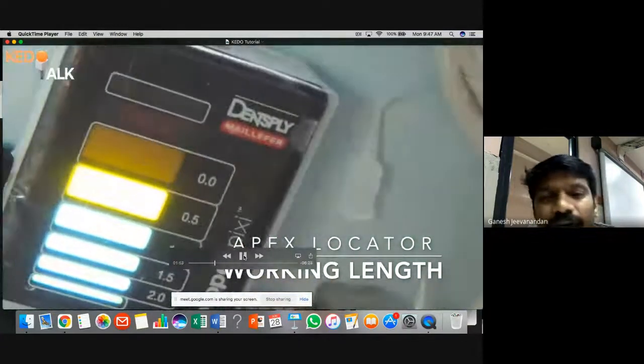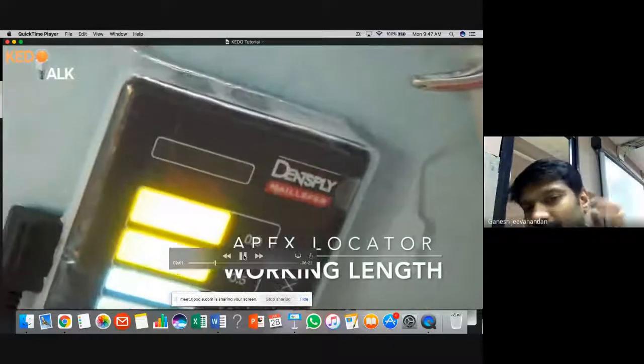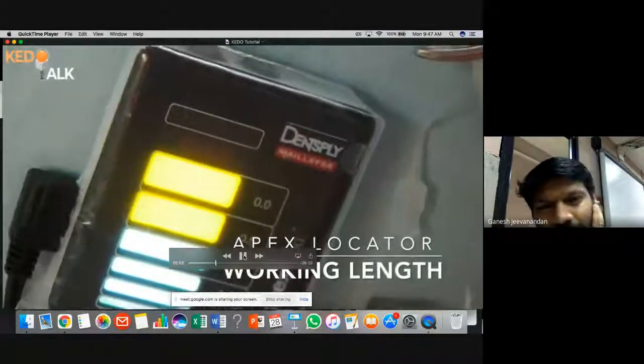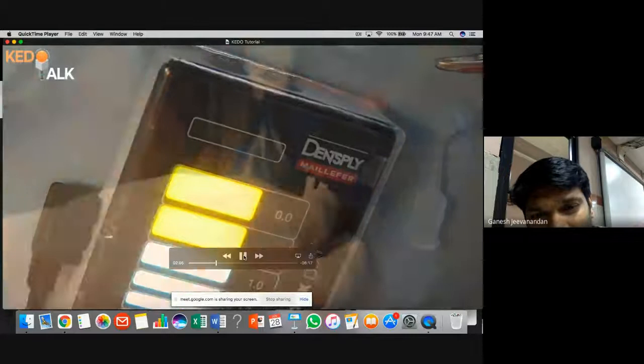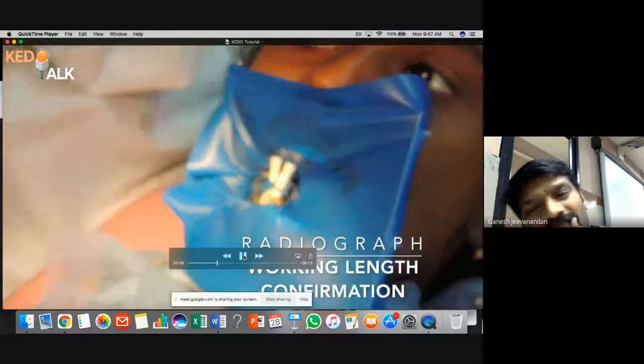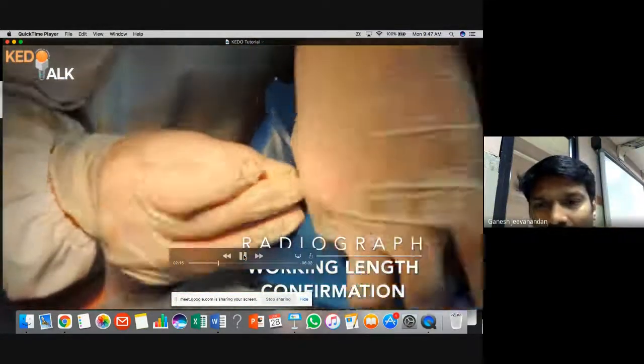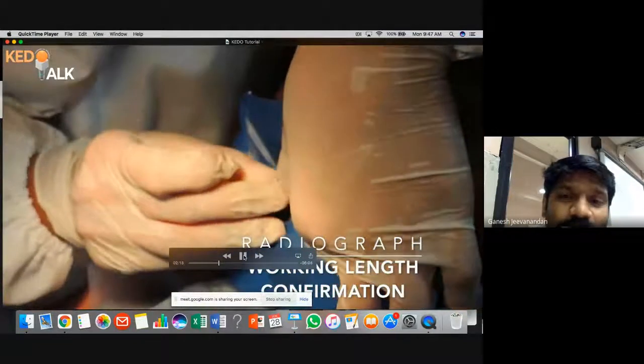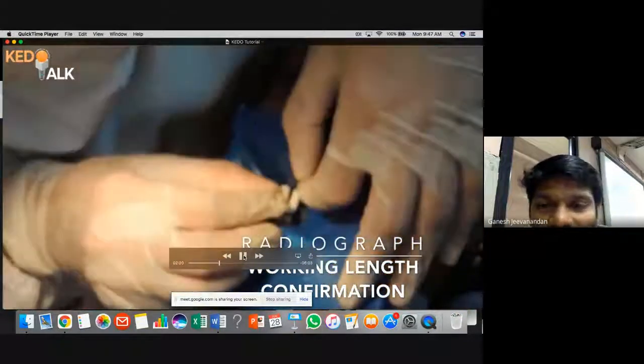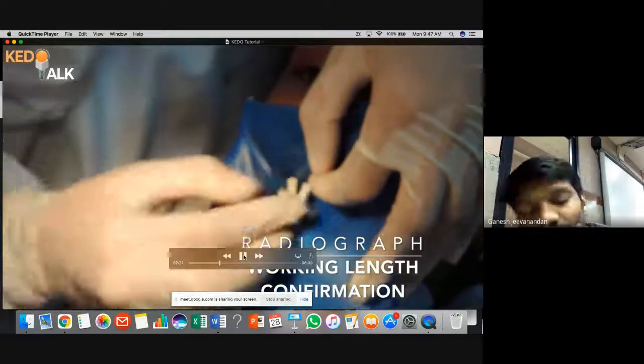I keep 1 mm short during preparation, because eventually you will touch the apical region. If you are over or at the apex, so always keep it 1 mm short of the apex or 0.5. If you're confident enough using a rotary file, you can keep 0.5 also. No worries. I'm placing the files to take a radiograph. With a radiograph also you can take the working length.